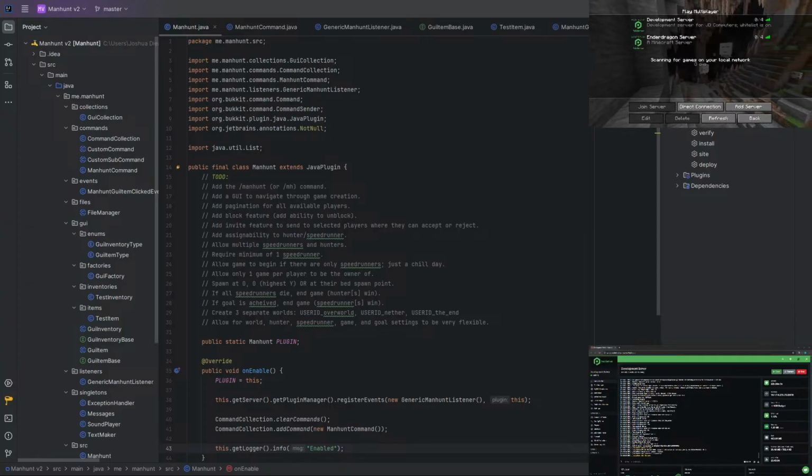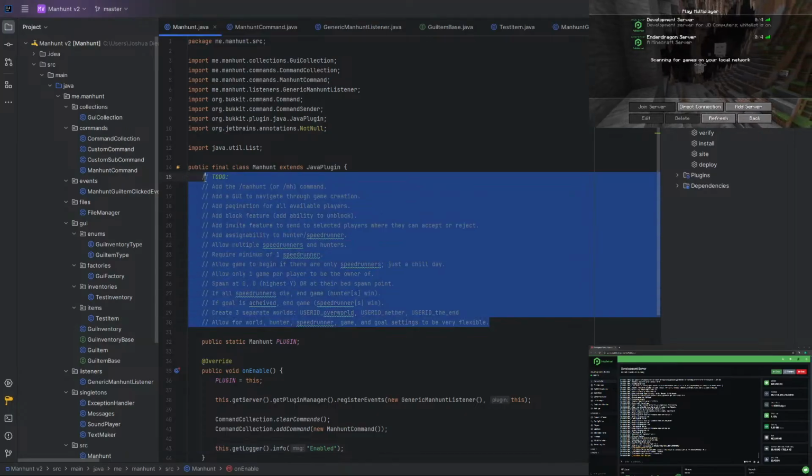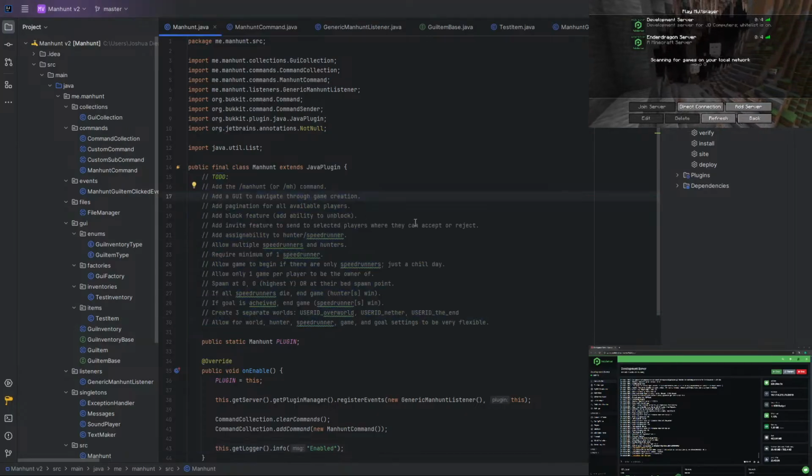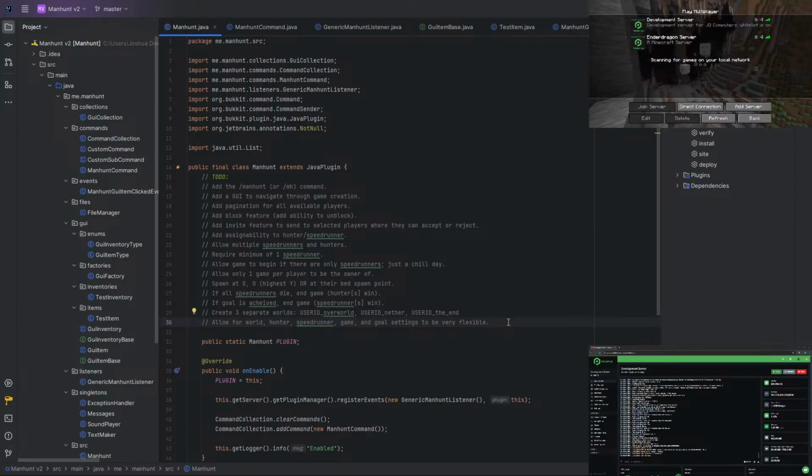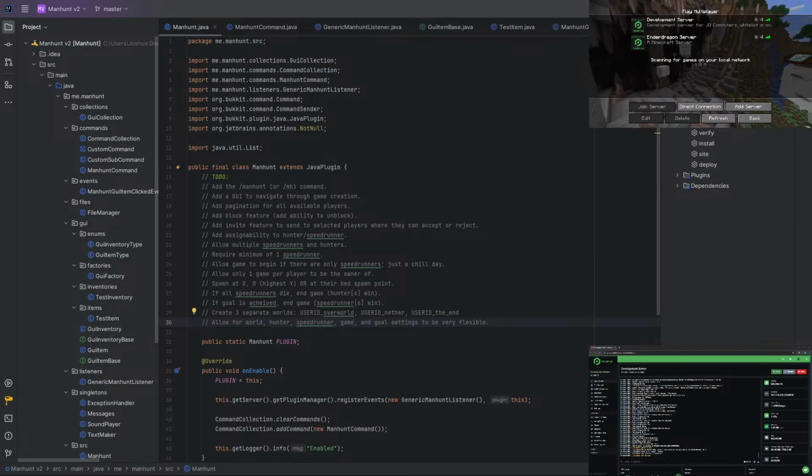Those who are new here, this is our to-do list. Basically, we're making a Manhunt plugin, kind of like Dream's Manhunt, but we're making it as flexible as humanly possible. I'm just waiting a few more seconds in case anyone else wants to join. Otherwise,